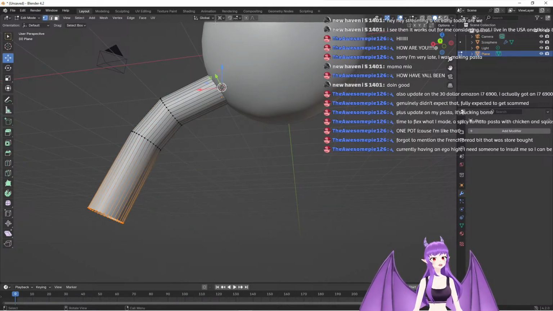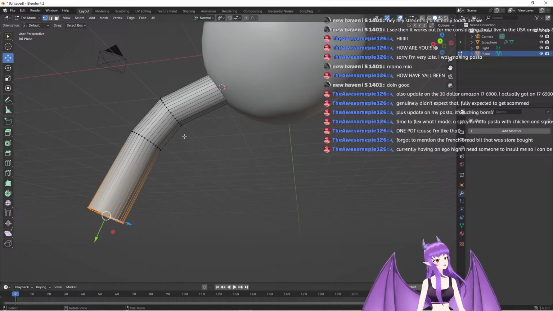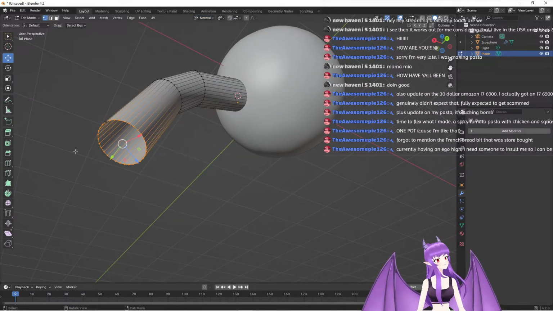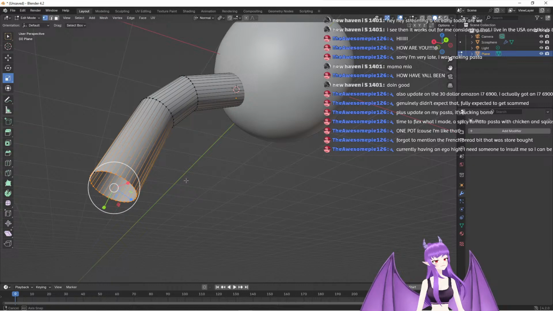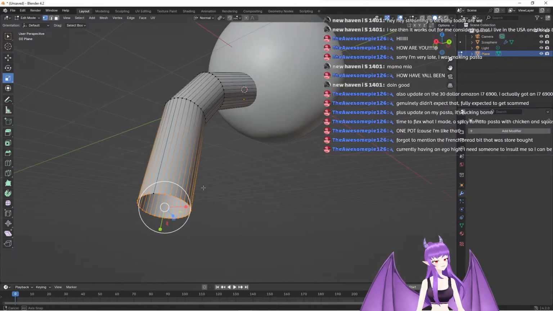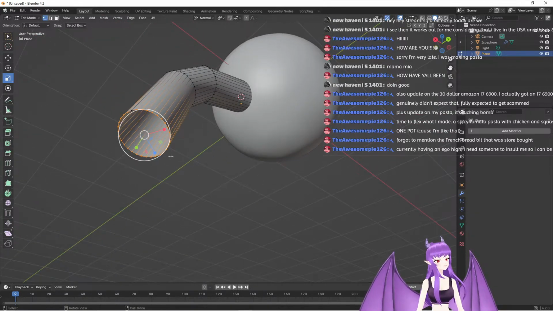That way, individual origins. Let's say normal. Scale it back with the